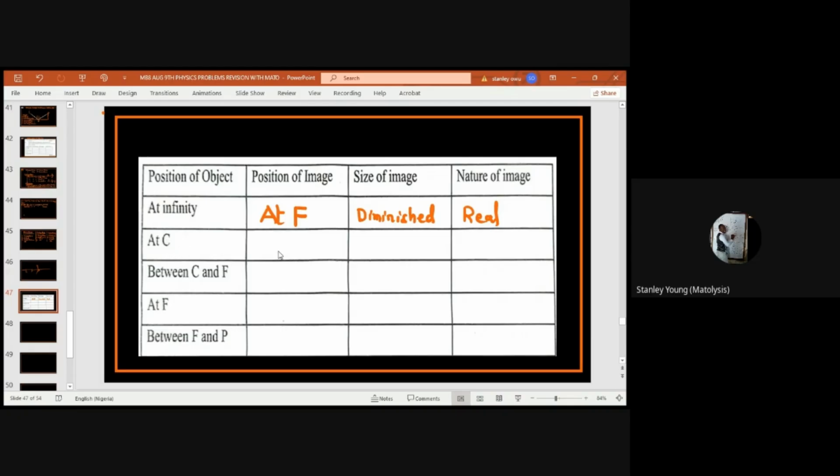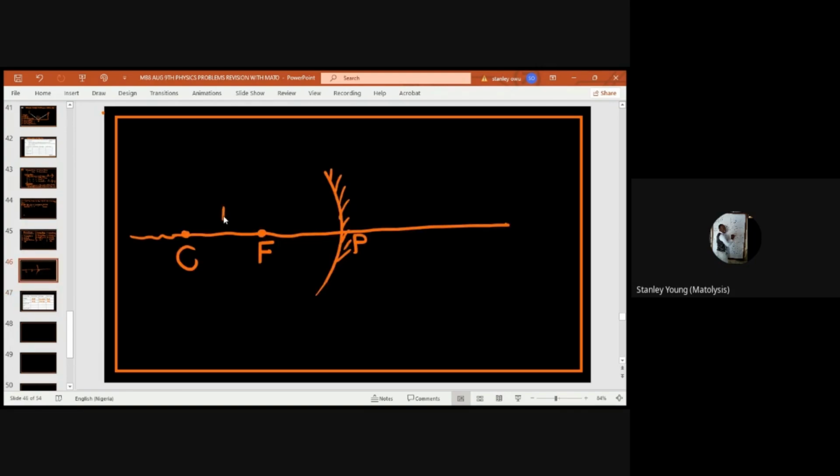At C, the image is formed at C. It's of the same size as the object, meaning the size does not change. The nature is real. Between C and F, when the object is positioned between C and F, like from here,